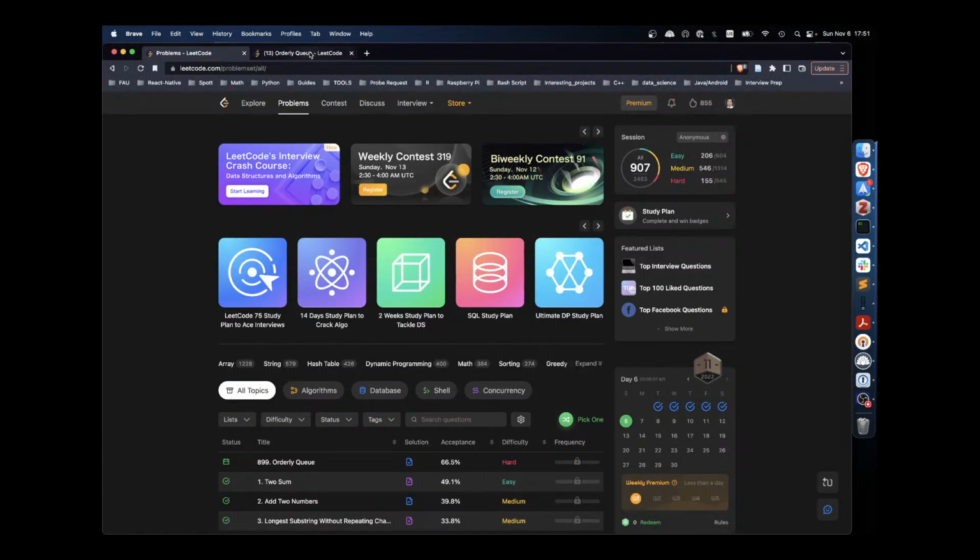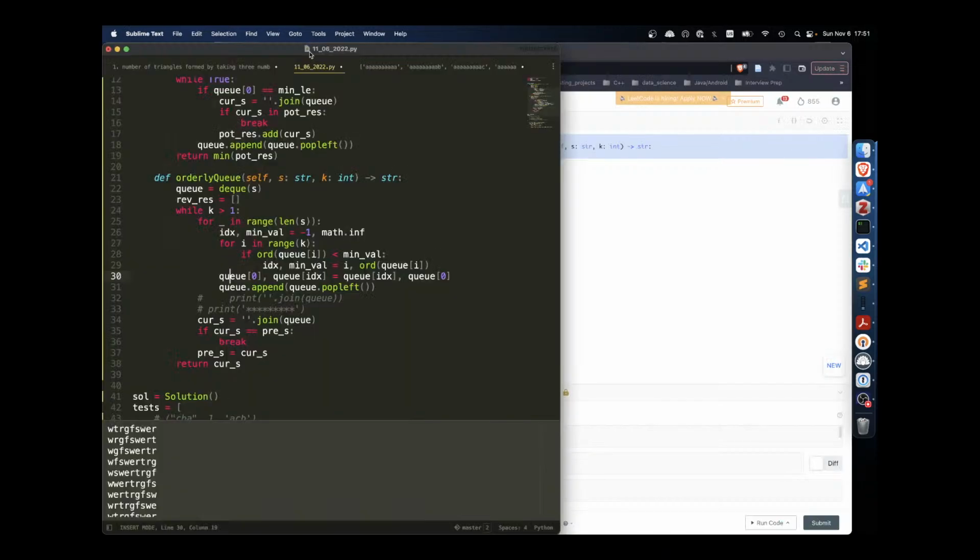Yeah, only have 10 minutes left. Let's see if this idea works, then we shall be able to solve it, right? And then we have the k, the first k, we find the smallest, we shove that to the end, right? And shove that to the end, and eventually what happens is with